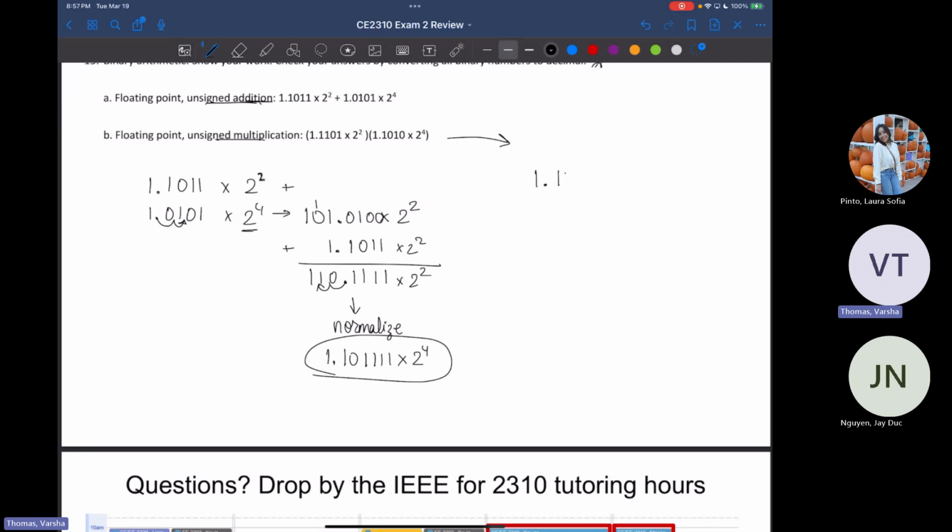So for unsigned multiplication, just as with multiplication with decimal numbers, you don't actually care what the exponents are. So I'm going to say 1.101 times 2 to the 2 times 1.1010 times 2 to the 4. You're going to multiply by disregarding the exponents. And then let's say this is the number that we finally get, which is going to be